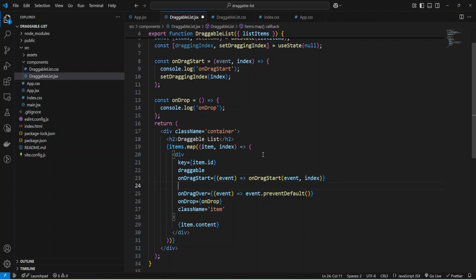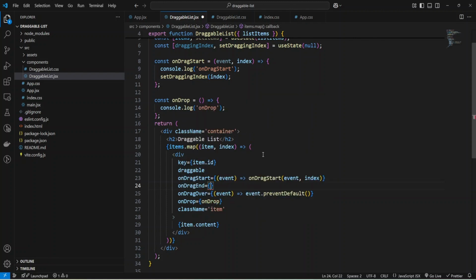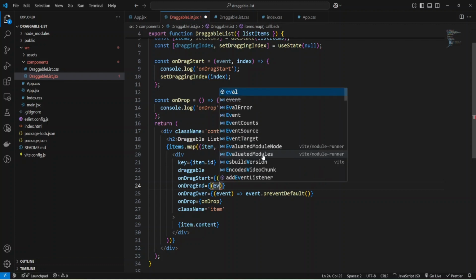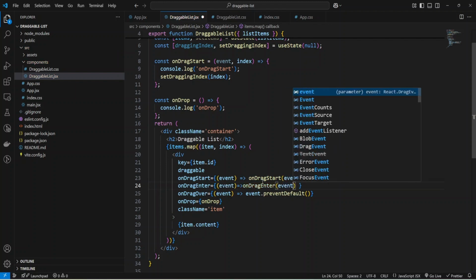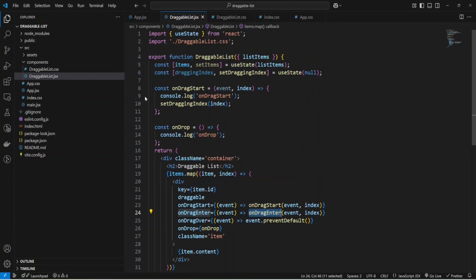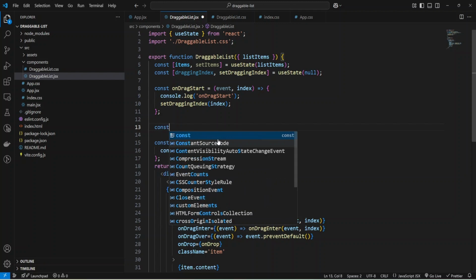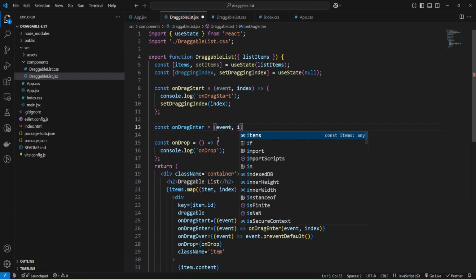And for that, I'm going to add onDragEnter and provide a function with event and index, with the onDragEnter handler. And let me add the event handler, const, that will take event and index.